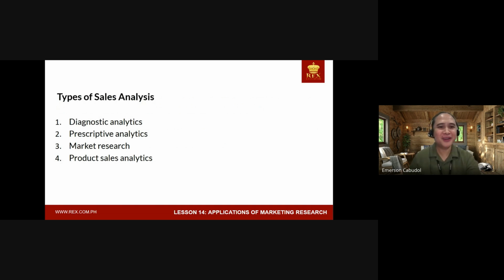Number four, product sales analytics. When we talk about product sales analytics, it focuses specifically on evaluating the performance of individual products within a company's portfolio. This analysis examines metrics such as sales volume, revenue contribution, and profitability for each product. We understand which products are performing well and which are underperforming. Businesses can make informed decisions regarding product development, marketing strategies, and inventory management. This targeted approach helps